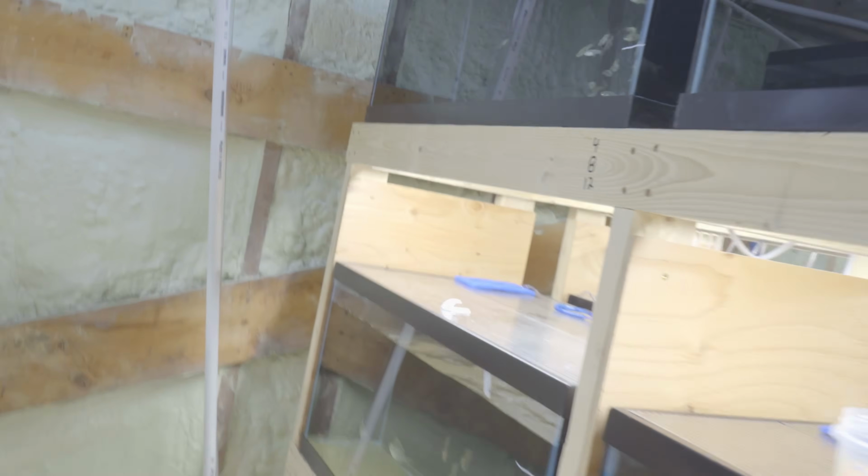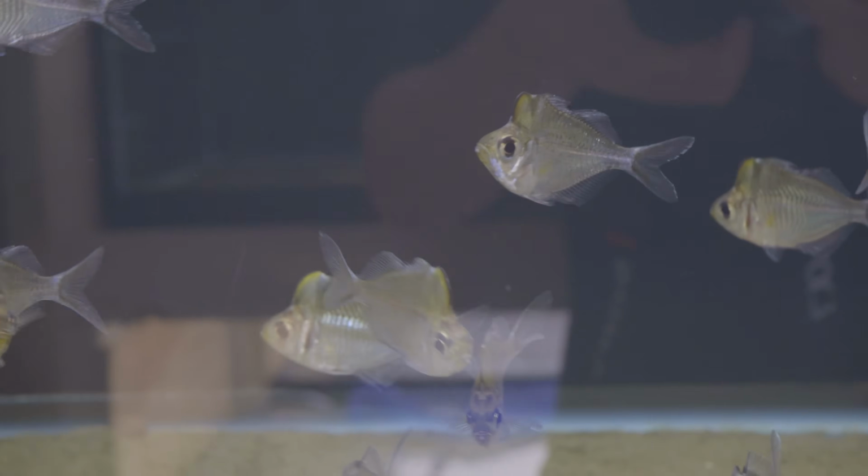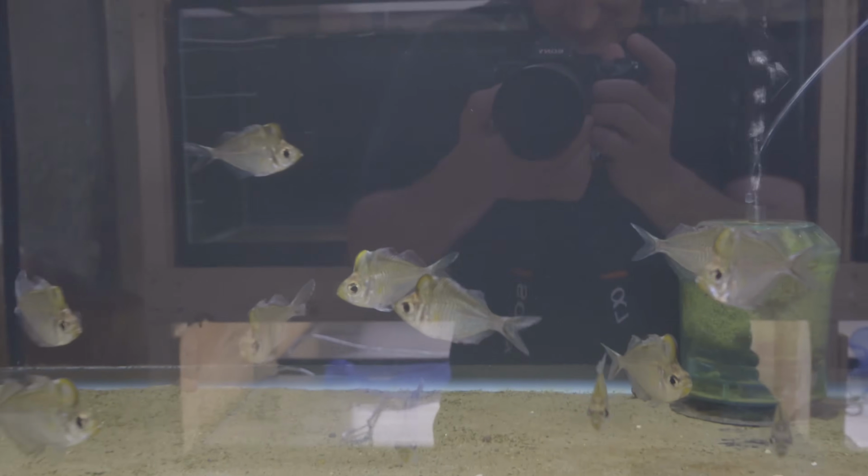I'm going to start with my absolute favorites from this round, which are these. These are the Humphead Glassfish. They're doing absolutely fantastic. I've never had them before, so when they came in such good shape, I kind of geeked out a bit. They're a fish I've read a lot about, I've heard about, and am thrilled to finally